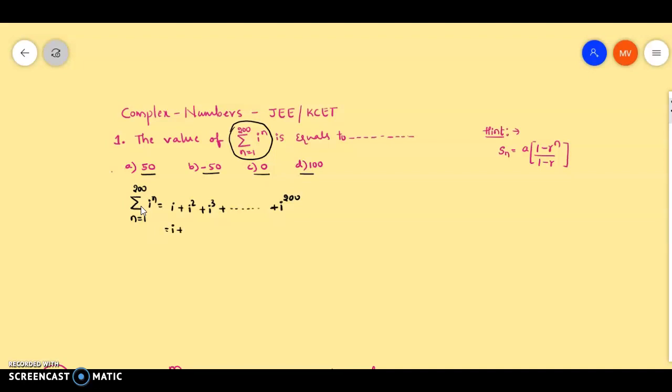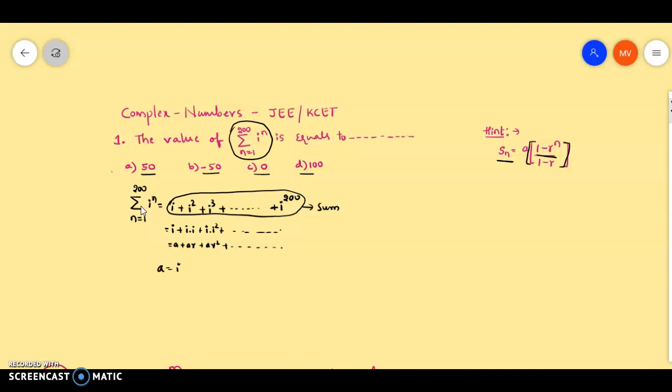I can write it as i plus i into i plus i into i square plus so on, like this, right? So that is a plus ar plus ar square plus so on. It means this sequence is in the form of a geometric progression, right? So we need to find the sum of this. So the formula is: sum of n terms is equal to a into 1 minus r to the power n divided by 1 minus r. So here my a value is